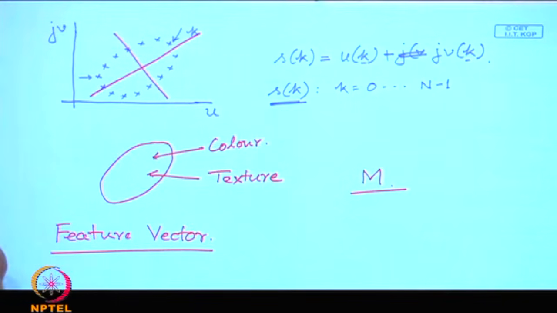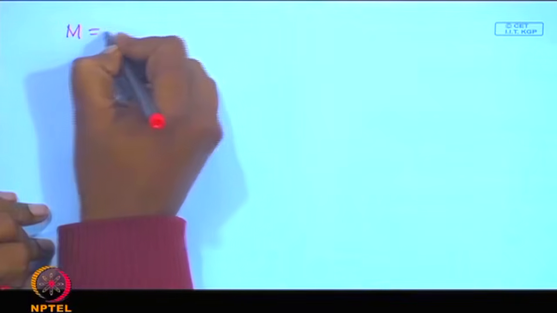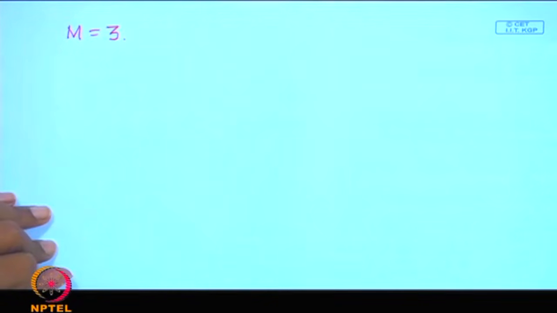Effectively, what I am doing is transforming the pattern or the object from its spatial domain or time domain to another space, which is a feature space. Because these feature vectors are m dimensional, what I have defined is an m dimensional feature space. For simplicity, because I will be drawing on the paper, if I assume m is equal to 3, that means I have 3 dimensional feature vectors. For every pattern, I have one 3 dimensional feature vector.